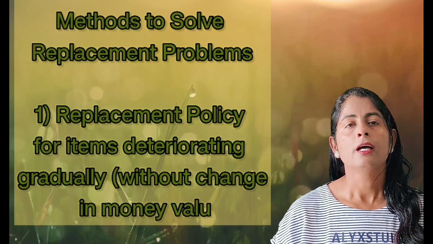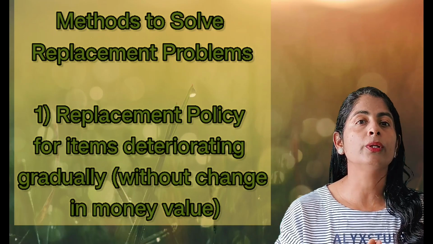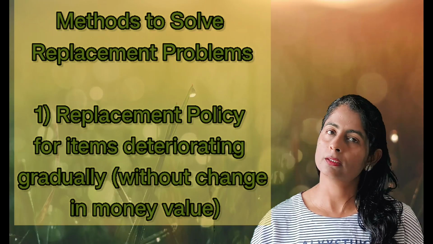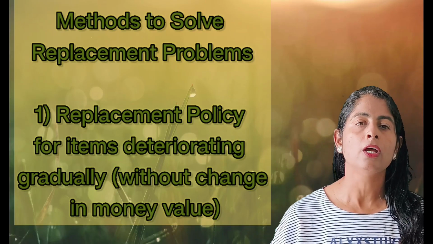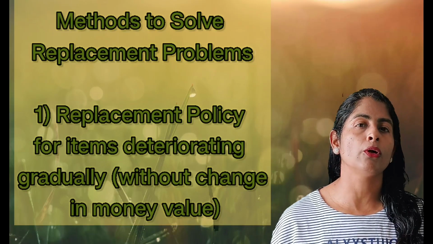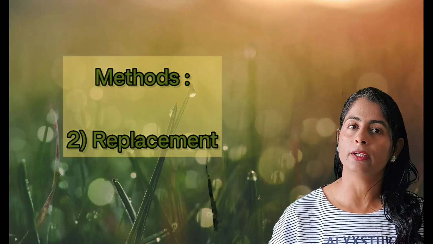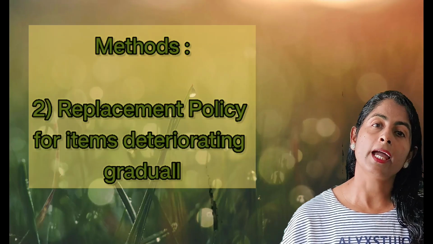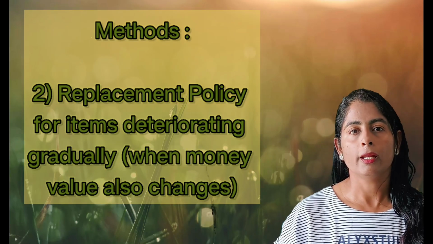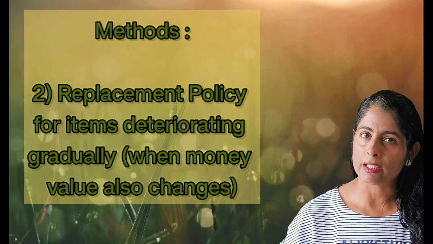The first method is replacement where the things are gradually deteriorating and we do not consider the time value of money. The things are gradually becoming slower or deteriorating and the time value is not important for us, or time value is not given in the question. The second type of question is when the things are deteriorating gradually but time value is also very important. In such cases, we take care by applying PV factors, present value factors, because